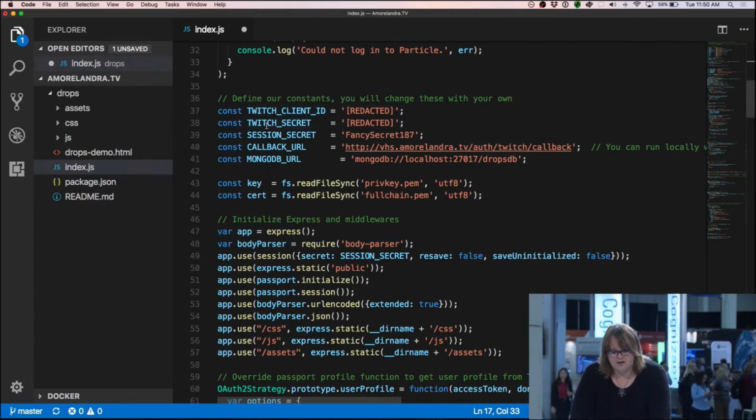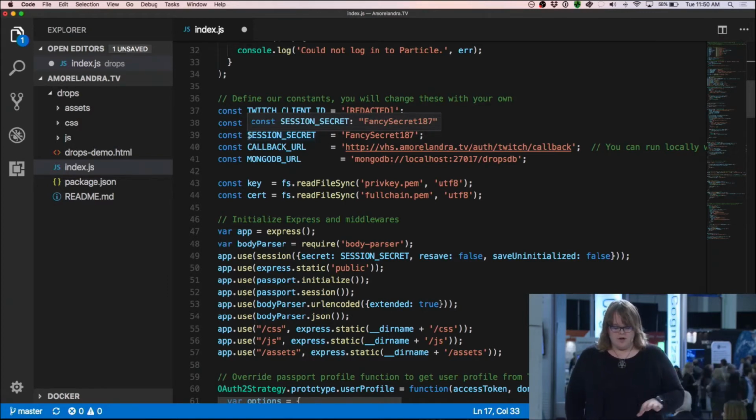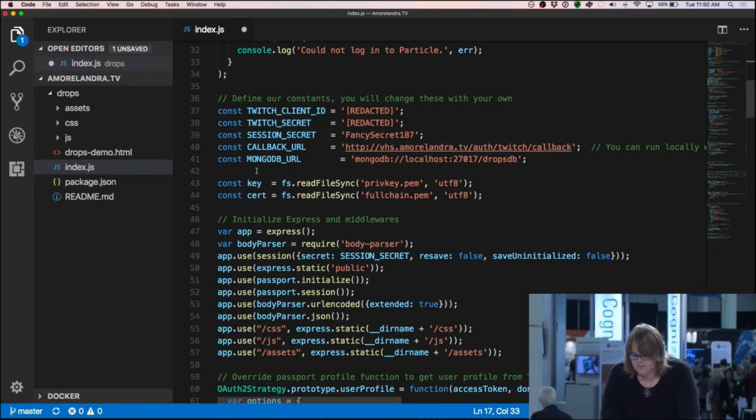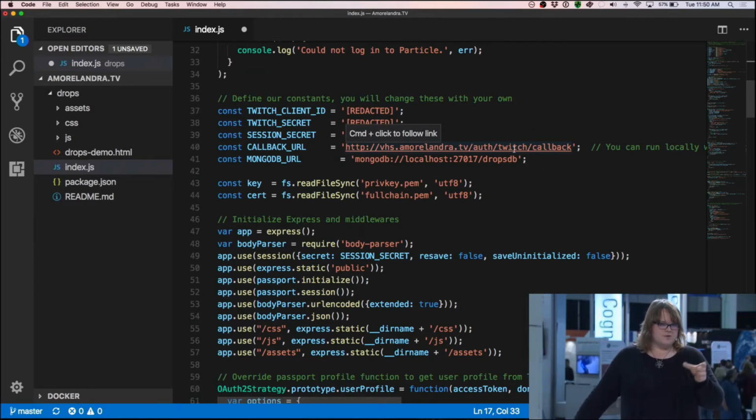So the standard thing, the Twitch client ID, the secret. This is just a session secret for encoding your session secrets locally on your Node app. Then we provide a callback URL, and this is what gives us the OAuth token to engage on that user's behalf.